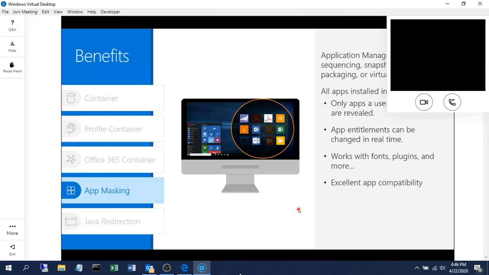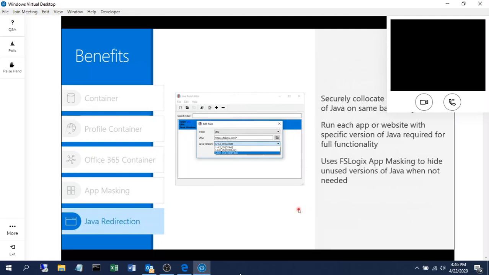And lastly, you can also have something called as Java redirections. When I say Java redirections over here, I mean, sorry, Java redirections. So when I say over here Java redirections,